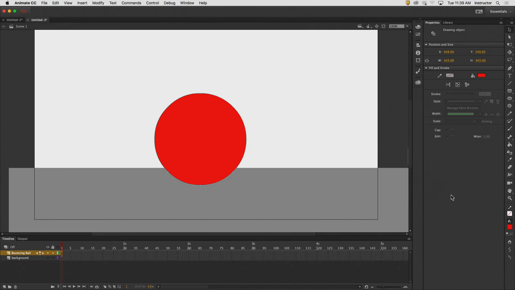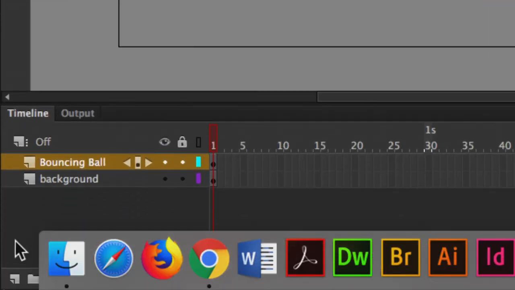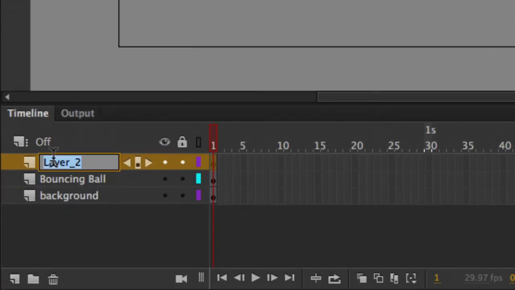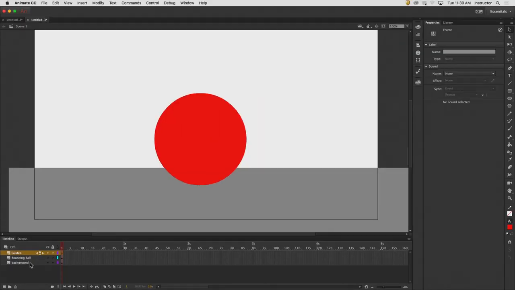Let's experiment and explore how our little ball could be jumping without actually having to jump, okay? Without actually moving the ball around, okay? And I almost always do this with a whole series of guidelines, okay? Let's jump in. I'm going to make a new layer, and I'm going to call this guides. Okay. Now on the guides layer, I'm just in experiment and explore mode. I'm not trying to create a final piece of artwork. I'm just trying to create some shapes that maybe could help me represent a way for me to very quickly